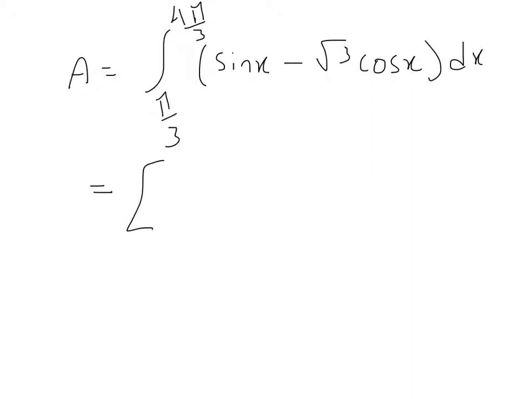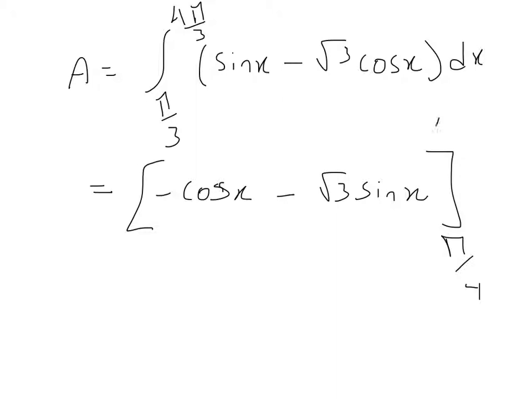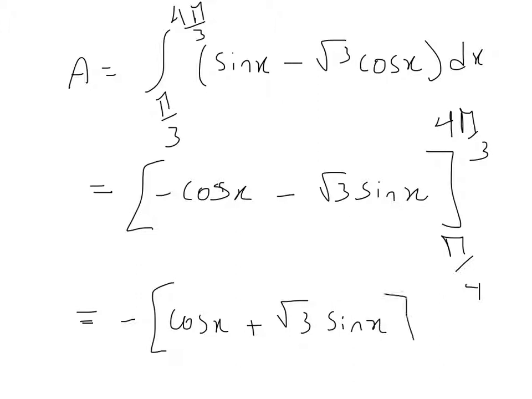So we end up with minus cos x minus square root 3 sine x, all from pi on 3 to 4 pi on 3. You can take the negative out and it makes it easier, so it'll be minus cos x plus square root 3 sine x from